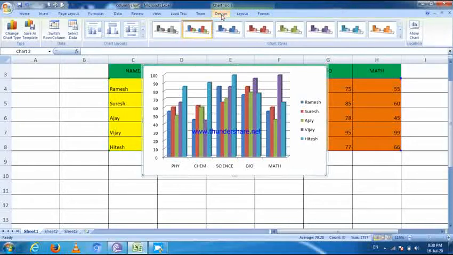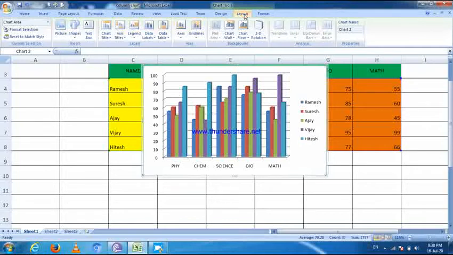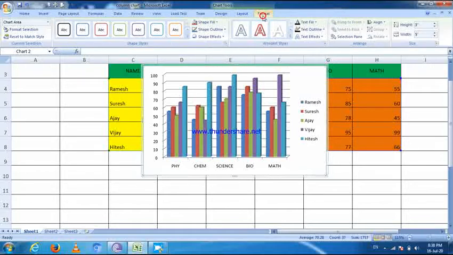When you select these tabs, you can see a number of editing and formatting options available in the Design tab, in the Layout tab, and in the Format tab, and you can apply them on the chart. So we will discuss one by one in this session.